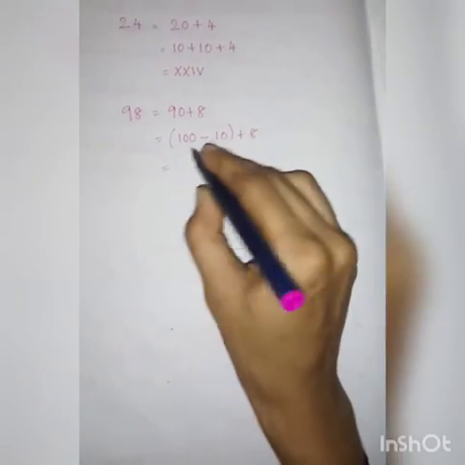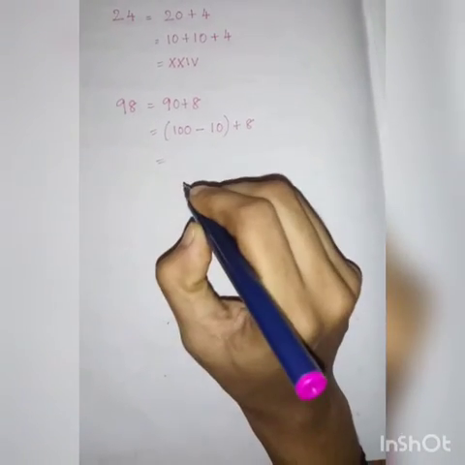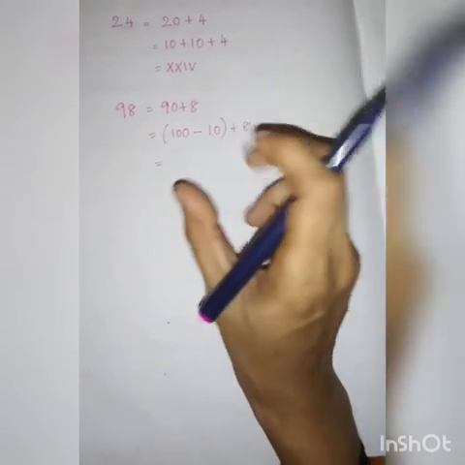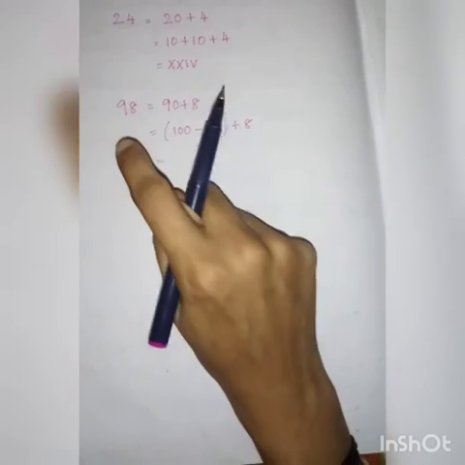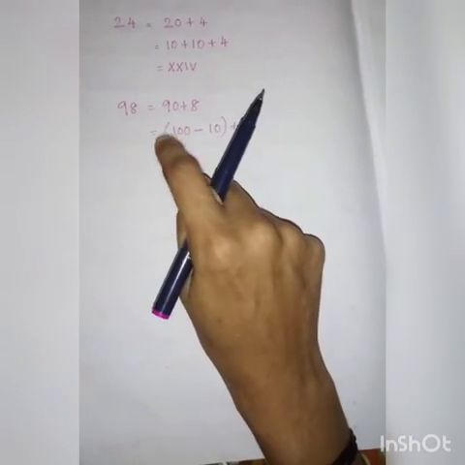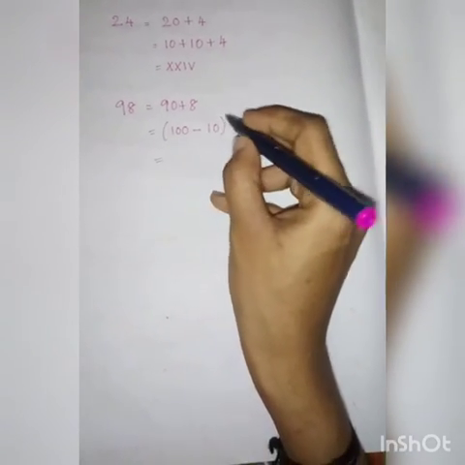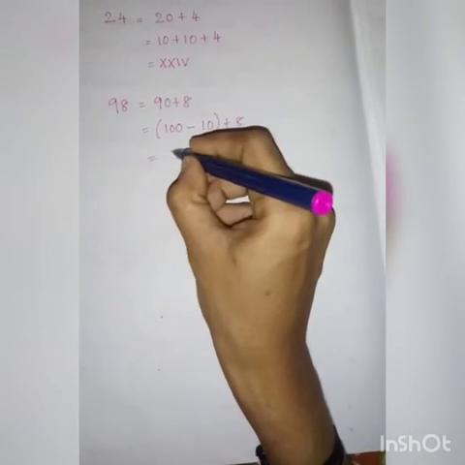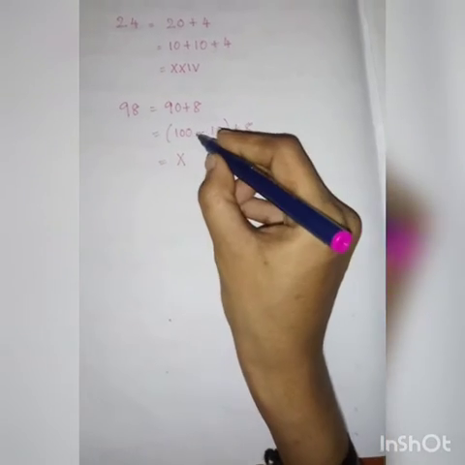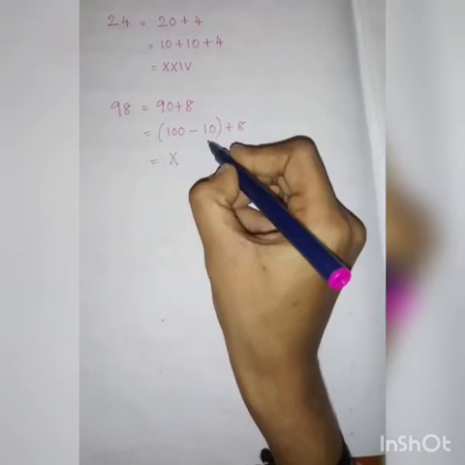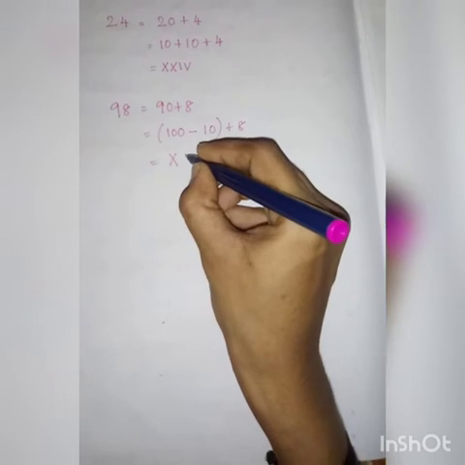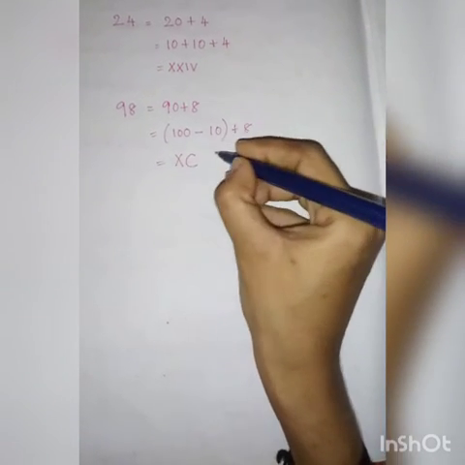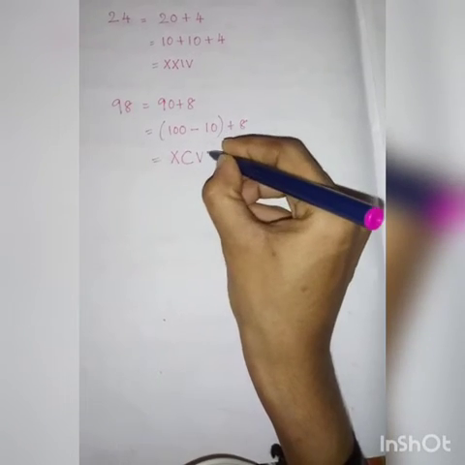Now, since subtraction is involved, what will you do? You should keep the smallest integer on the left side. That is a rule which we have learned. What is the smallest integer? 10, which is the Roman numeral X. So X will be on the left side, and the greater number will be on the right side. 100, what is the Roman numeral for that? C. Then 8, what is the Roman numeral for 8?